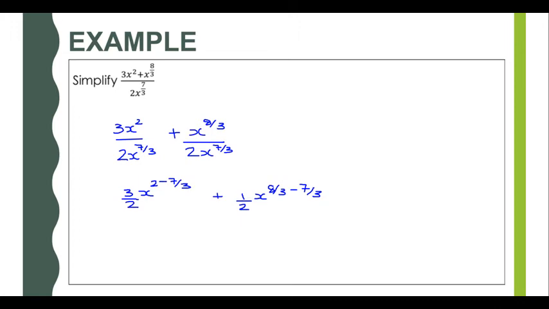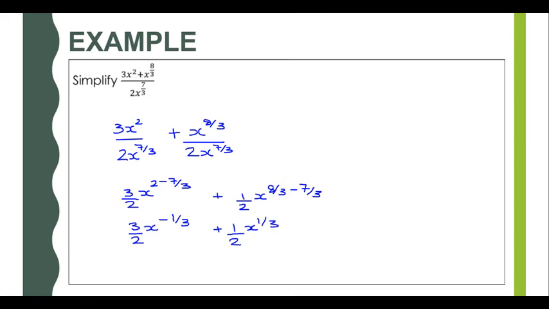We can then simplify our powers and get 3 over 2 x to the power of minus a third plus a half x to the power of 1/3,